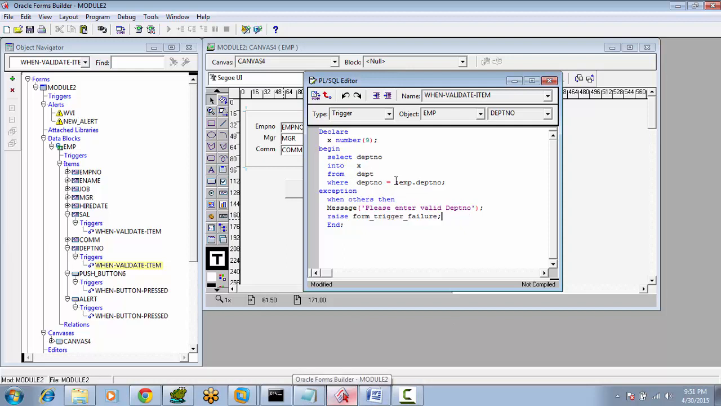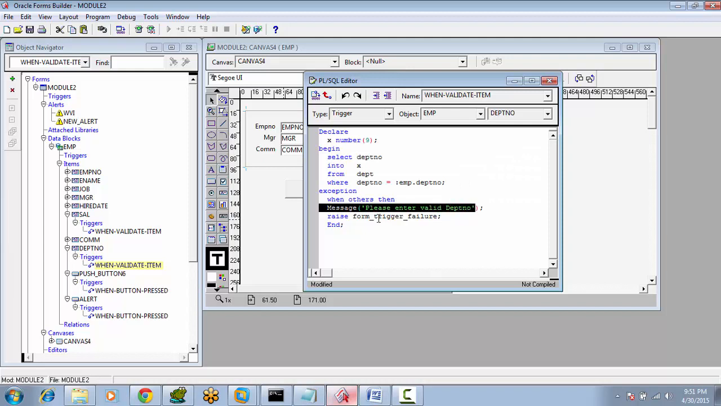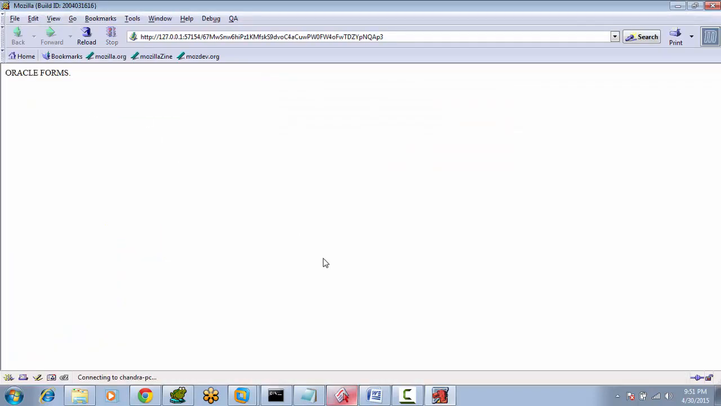We are going to find the department number is valid or not. If department number exists in the DEPT table, then this query will not throw any exception. If department number does not exist or multiple records are there or any other exception is raised, then we are going to show the message and raise the form trigger failure exception. Compile this, close. Now when we run the form,